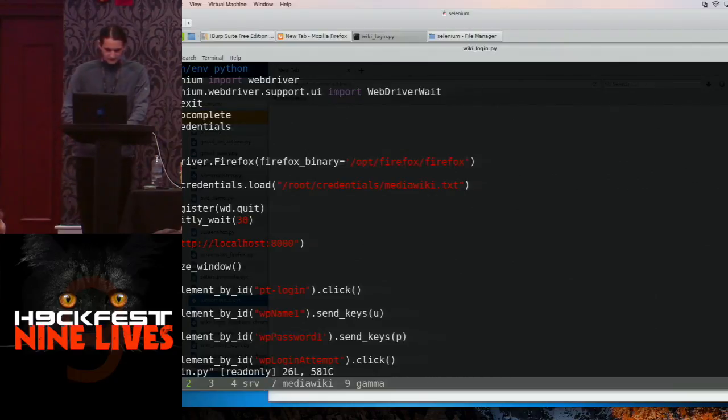Okay, so really quite simple. Just basically four or five actions. After getting our localhost, we're going to maximize the window. Again, it's a method of the WebDriver object. We click on the pt-login, and we've used the same method with the DOM inspector to find the element ID, wpName. We read the username and password from this file,